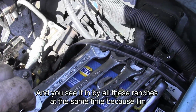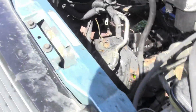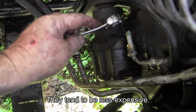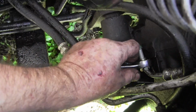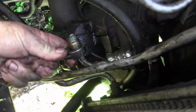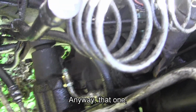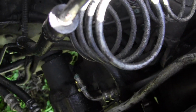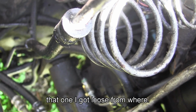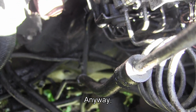And you see, I didn't buy all these wrenches at the same time because I'm so thrifty. Better to buy them in a set if you can. They tend to be less expensive if you buy sets of stuff. And I think it's 19 or 18, people. Anyway, that one got loose from where? Alright, anyway,